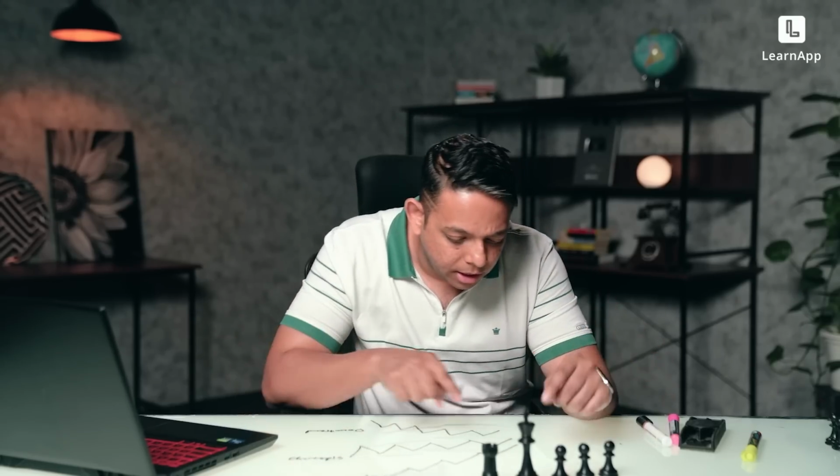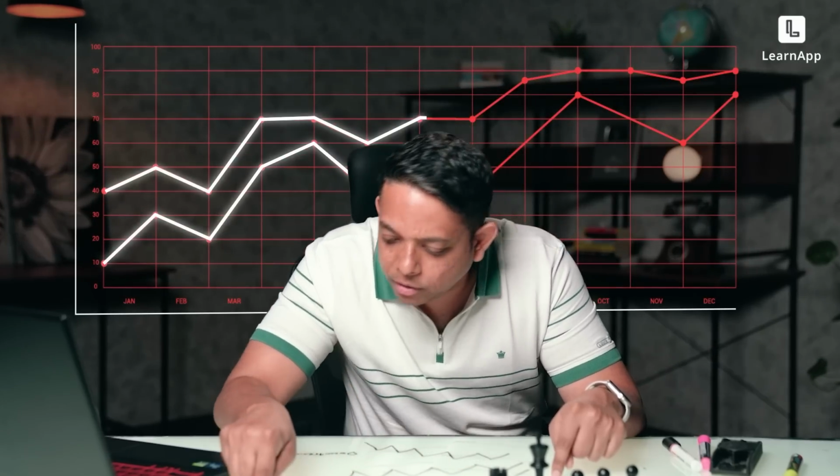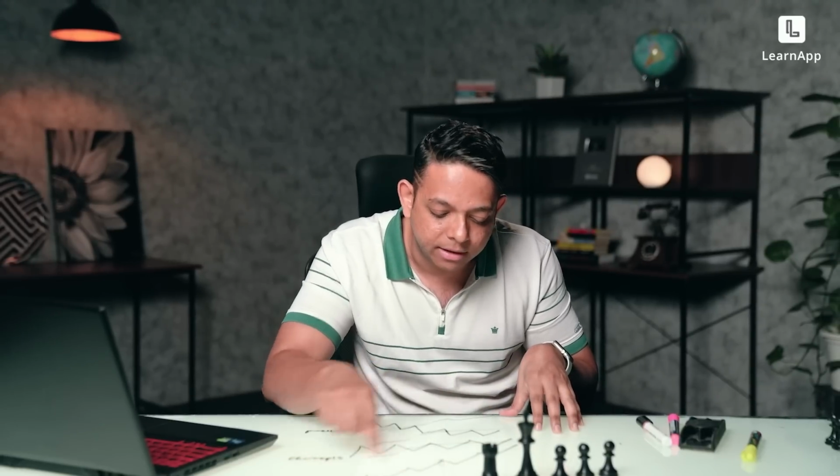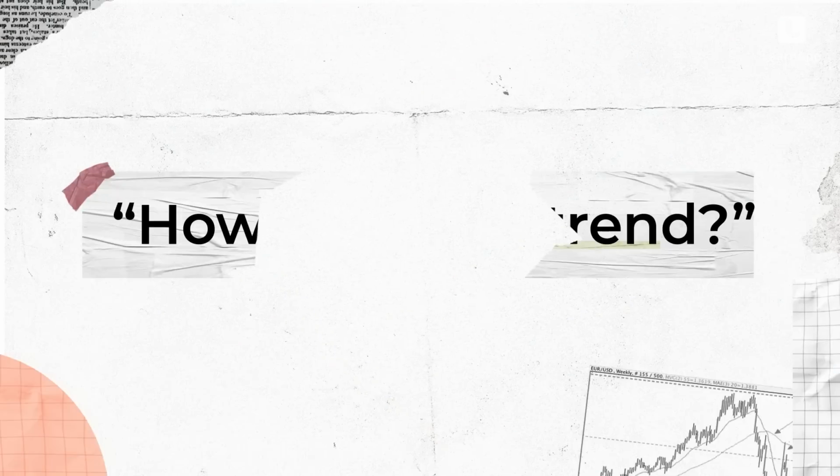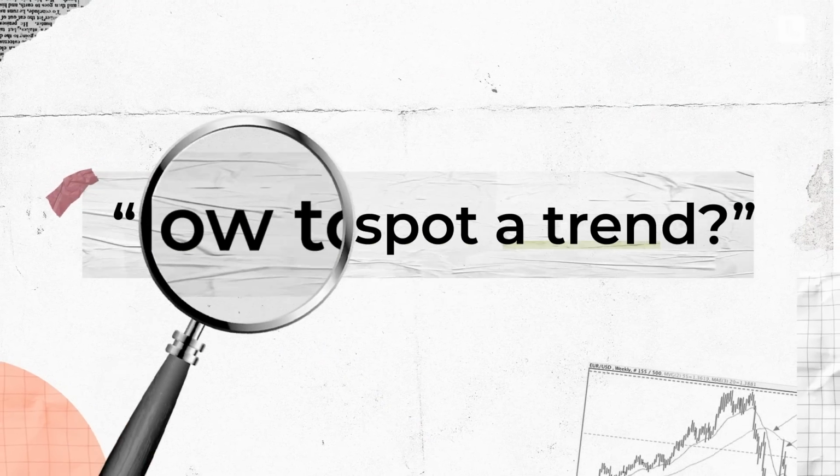Now the question is, how can we find out whether the trend will continue or not? Like I said before, we are following the money flow. If the money is flowing here, we will just follow it. And we'll do this with multiple companies and only the top 50 or top 100 companies. So fundamentally, the companies are good. We'll do it over a long period of time. But the question is, how will we do it? Let's talk about how we can actually spot a trend. Are you ready? Let's go.